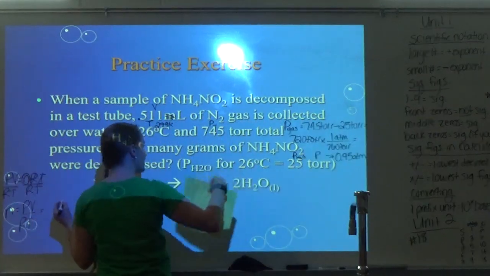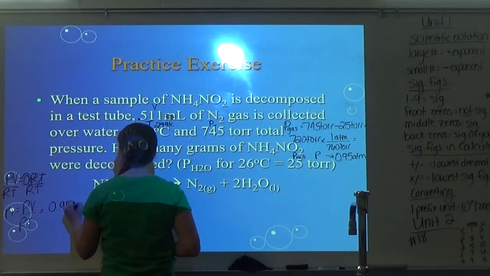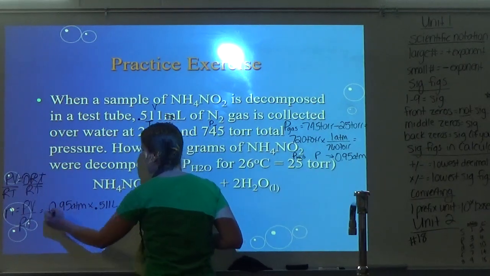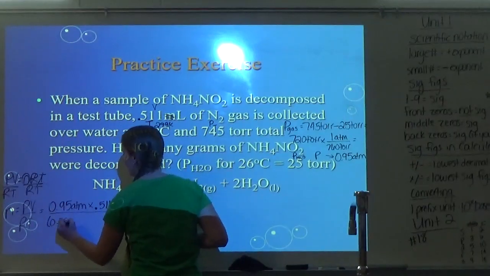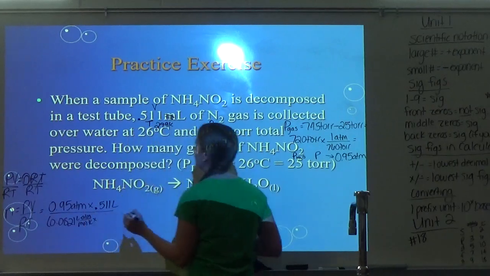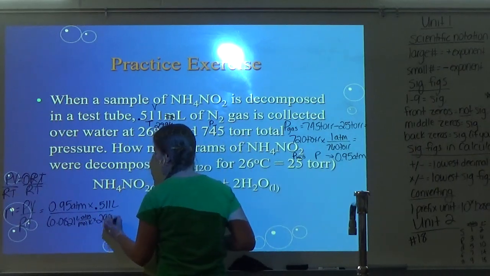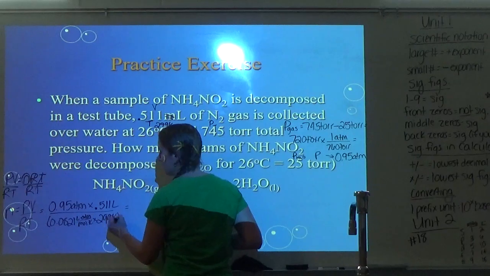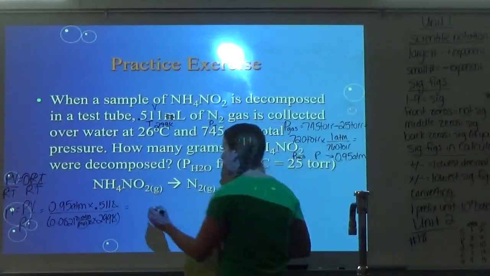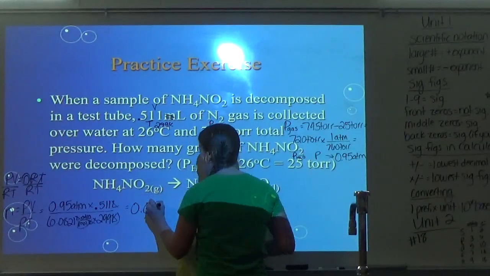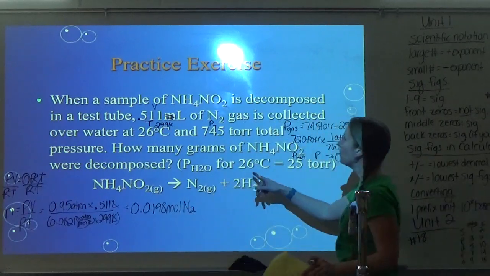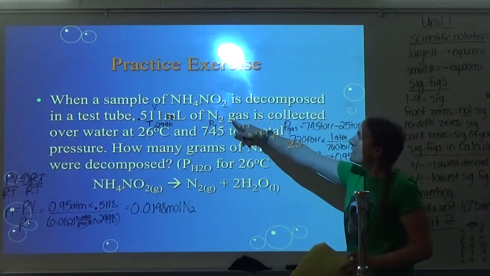Okay, so my pressure is 0.95 atm. My volume is 0.511 liters. My R value is 0.0821 liters times atm over moles times Kelvin. And my temperature is 299 Kelvin. So my atm, my Kelvin, my liters cancel, I'm left with moles. And so once I solved, I got 0.0198 moles of N2. So notice I know I'm talking about moles of N2 because it says we were collecting